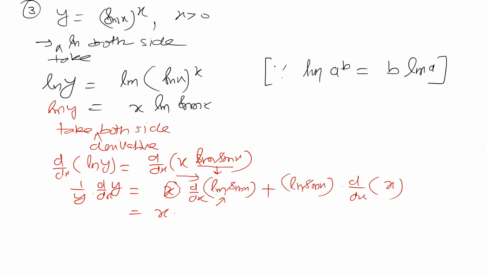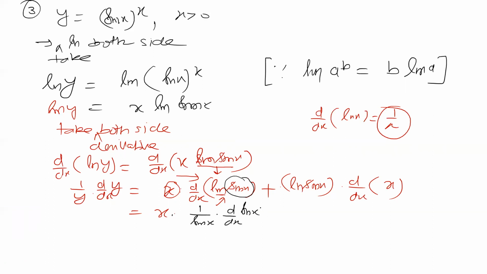First is a natural log. So what is the derivative of natural log? The derivative of ln x is 1 by x. Here we assume that sin x is the whole x. So then it will come ln x, so the derivative of ln x is 1 by x. Here x is sin x we are assuming. So we take 1 by sin x into the derivative of this, which here is sin x.